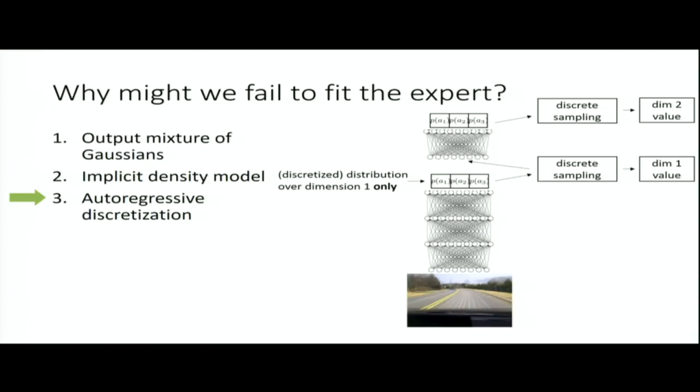And then at test time you have to do this funny thing where you sample, feed it into the network, and then repeat. Yes? Can you just elaborate on that a little bit? Because if we were plugging in a value before, then how do we now plug in a distribution to the input of the next network? So that's the thing, you sample first. You don't plug in a distribution, you actually plug in the value. Here you have a distribution over a discrete value for the first dimension. Maybe it can take on one of 3 values. You sample based on that distribution, and you get one of those 3 values, and you just plug that into the next layer.